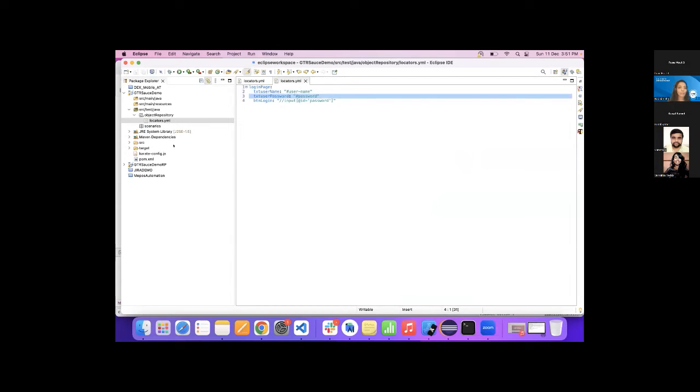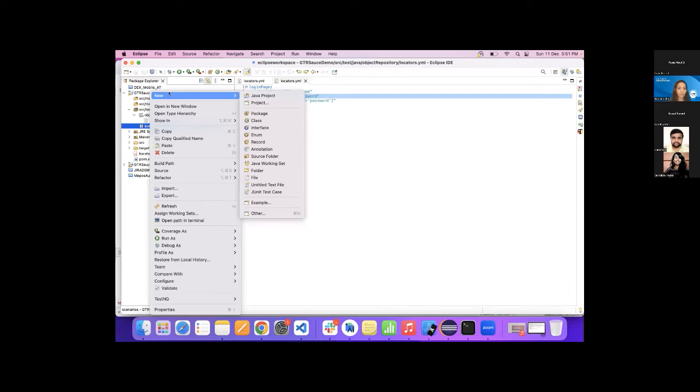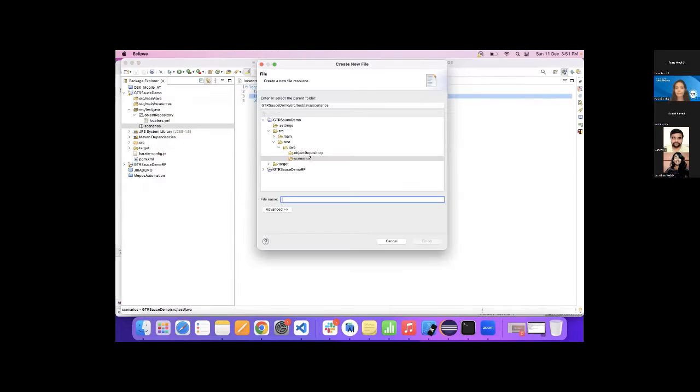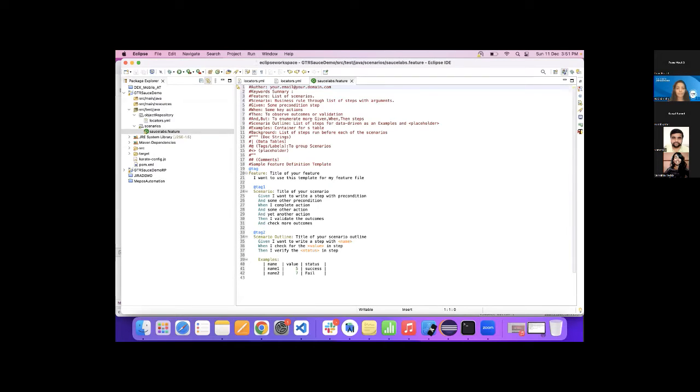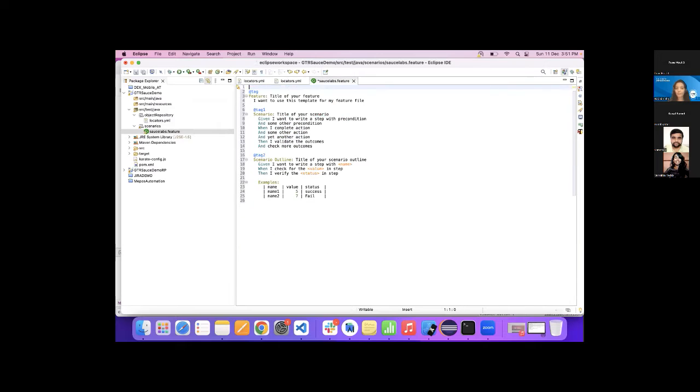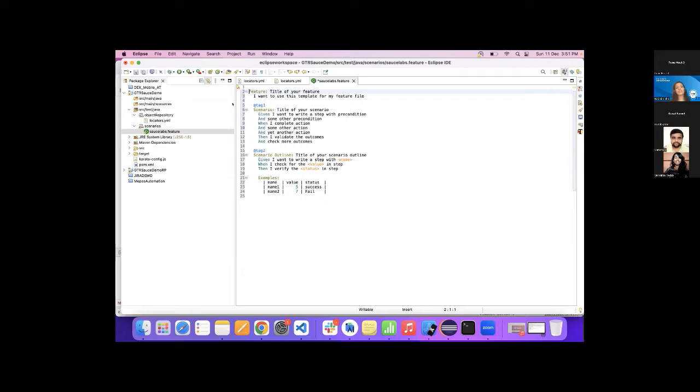So yeah, now let's start with the use case for developing a scenario for the code that we have coded till now. So we'll create a feature file for the same. Sauce Labs feature. So this is the basic format which we get for a feature file. We are not required for these things, so we'll get rid of this. And we would basically be using a scenario in which we would be reading the test data from the example section. So we'll take up the second part.